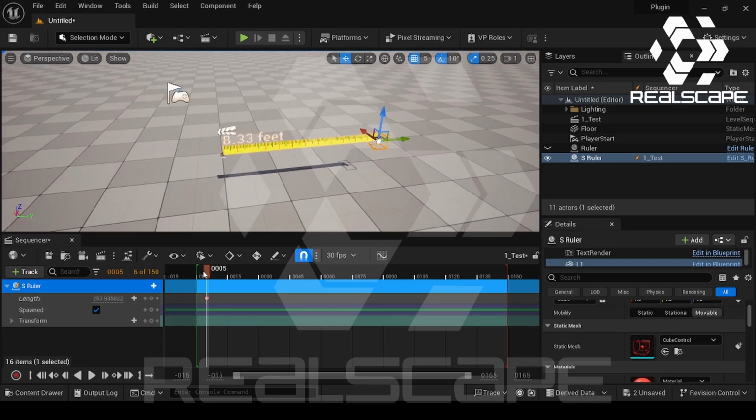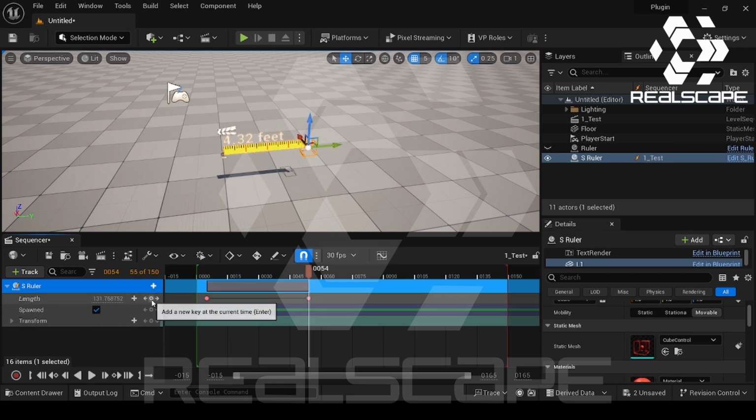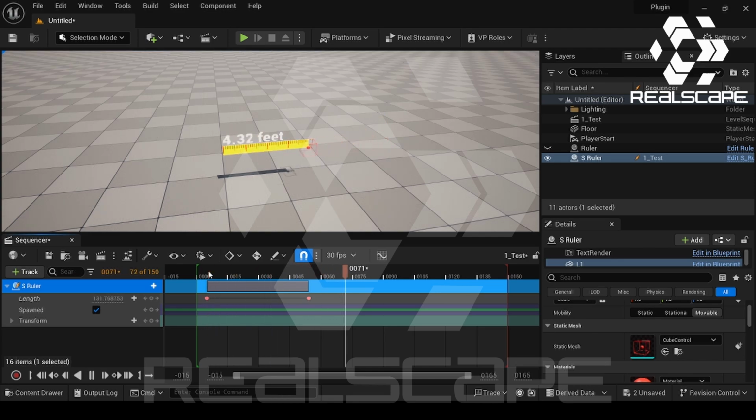This will also help you to animate the ruler, for example if you want to check the distance between the camera and the character. That way this can help you, where you can literally animate the ruler in such a way, and this is how it will look like. This is a sequencer ruler,